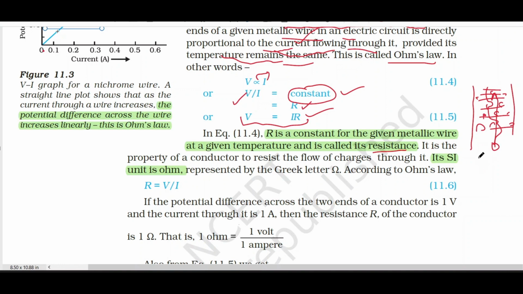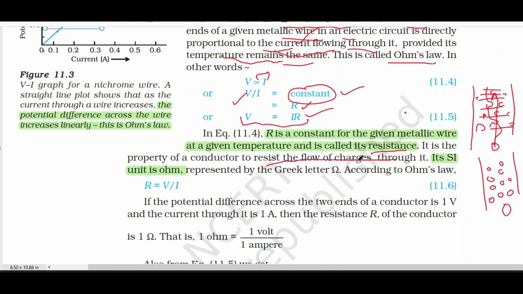Okay, they are hurdles. Similarly, एक wire में when an electron flows, there are molecules of the wire itself and they cause hurdles. Okay, so the electron has to find a way to flow through it, and the molecules or the atoms of the wire, they offer resistance, ठीक है, जिसकी जो कि एक रुकावट है to the flow of electric charge. Okay, so it is the property of the conductor to resist the flow of charges through it. Okay, तो जो कंडक्टर होता है वो चार्ज के फ्लो को रेजिस्ट करता है, रोकने की कोशिश करता है,